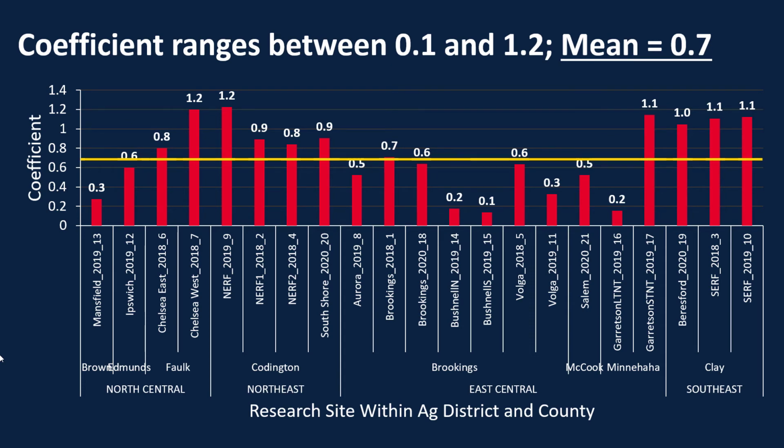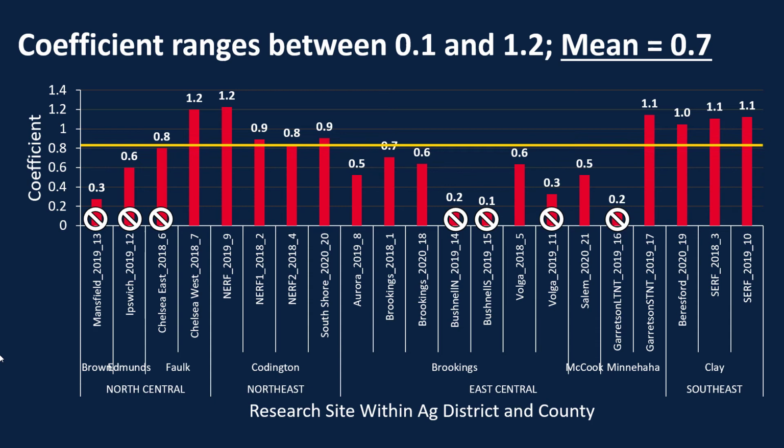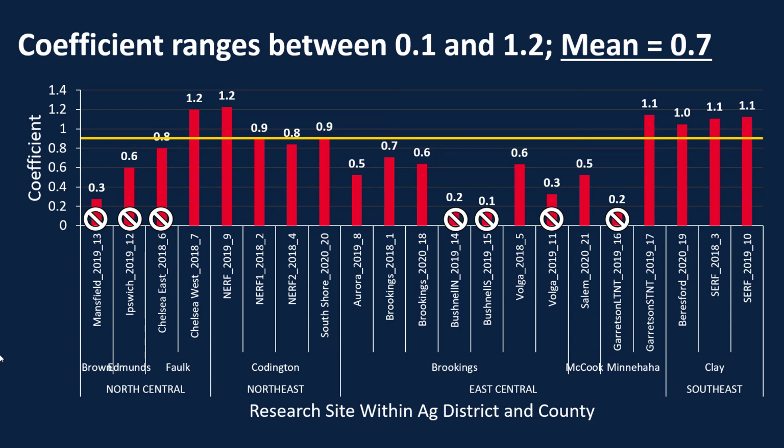However, if we remember from the last slide, we said that these 7 sites didn't respond to nitrogen fertilizer for various reasons. So if we discount those sites and don't include them in our average, it actually moves up to around 0.9. In a later video, we'll compare these different numbers to see which one is the most accurate system. But this is how we evaluate and determine that 1.2, and how we're going to determine if that 1.2 needs to change in the future.